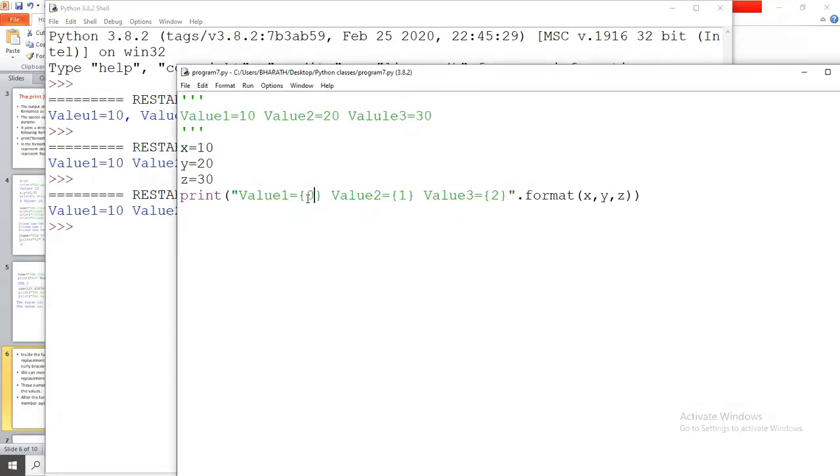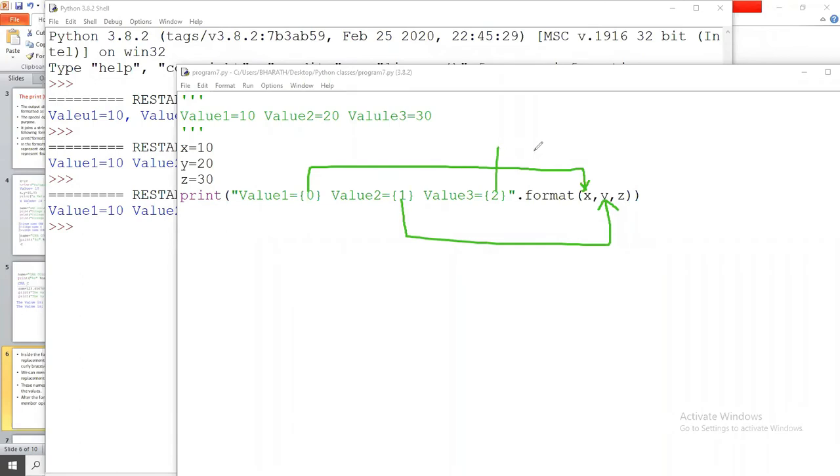If I give instead of 0, what is the 0 here? 0 is nothing but the first argument in this format function. 1 is nothing but the second argument in the format function. 2 is nothing but the third argument in the format function.